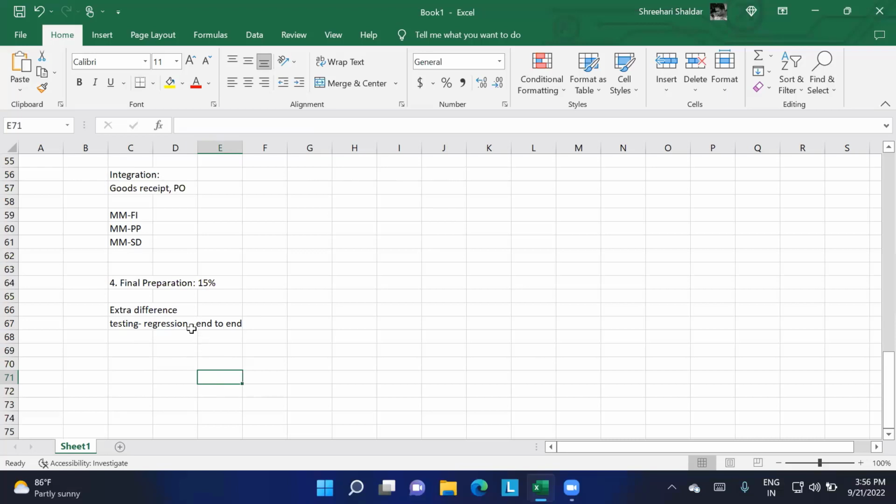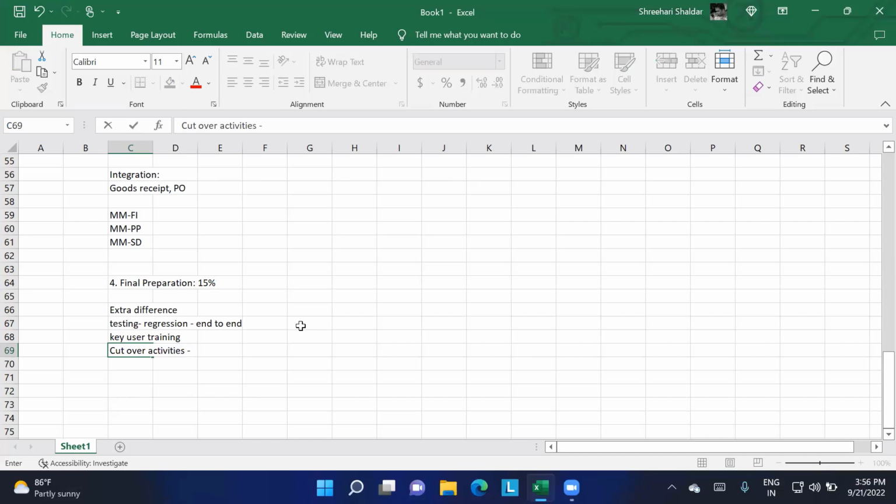And here we are going to give the key user trainings, or we can say end user training we can provide. After all these things, we have to have the cutover activities. What do you mean by cutover activities?